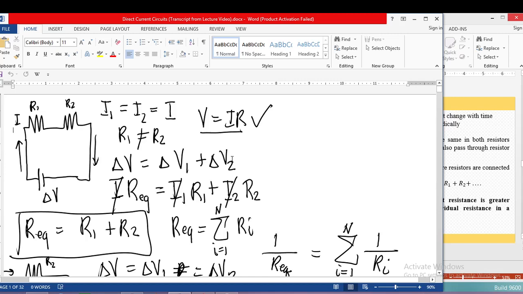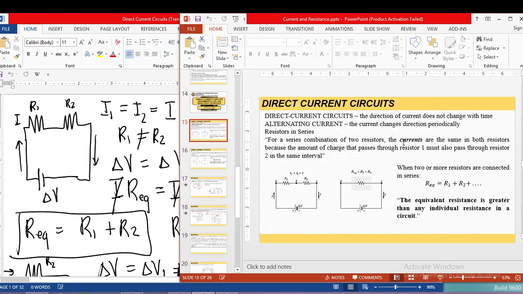Since it is not clear, and the PowerPoint froze and cannot be seen, I just have to explain this again. So for your case, okay, where I stopped was at resistors in